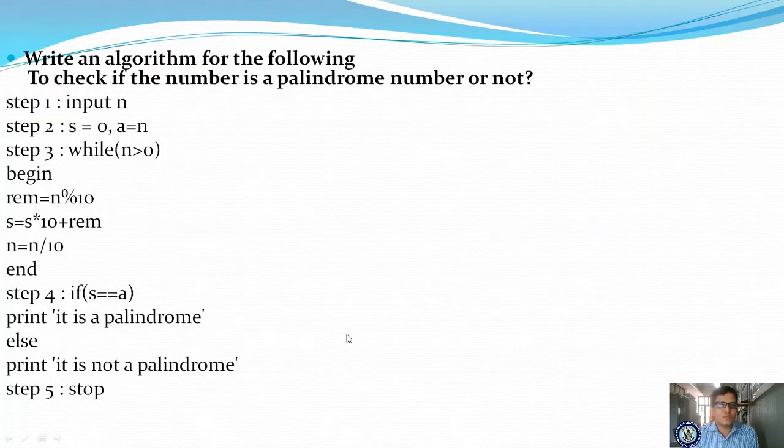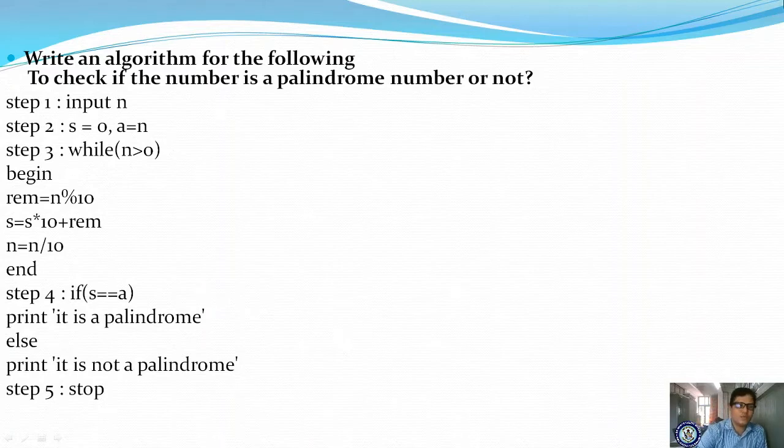Now one more program is there. We have to input a number and check whether it is a palindrome or not. As we know, what is a palindrome? If you read the number from left to right or right to left and it is the same, then that number is called a palindrome. For example, 111. If you read from left to right or right to left, it will come as 111 only. Got it? Yes. Now to solve this palindrome number, let me take the algorithm.